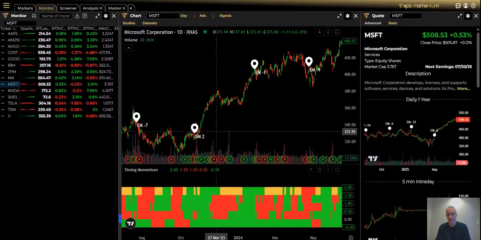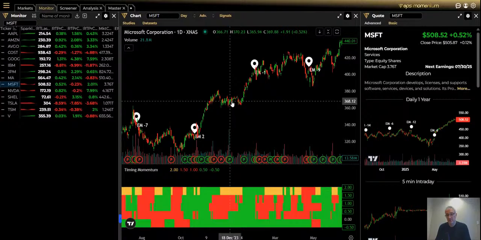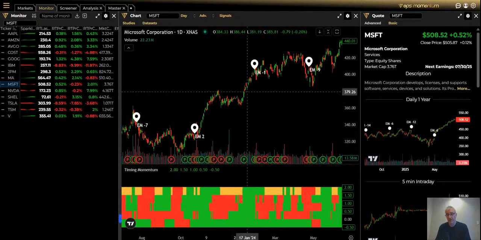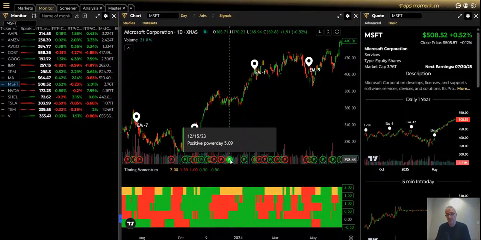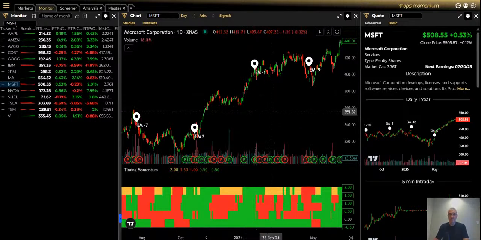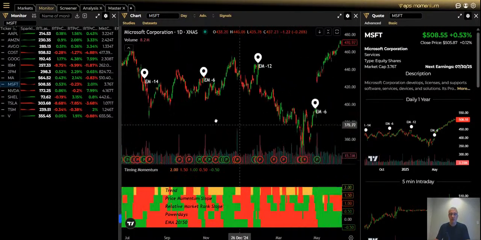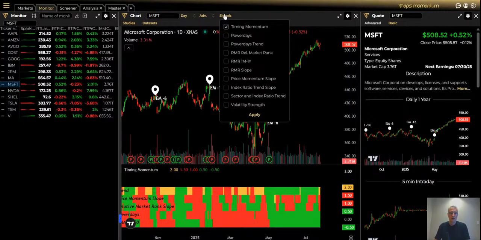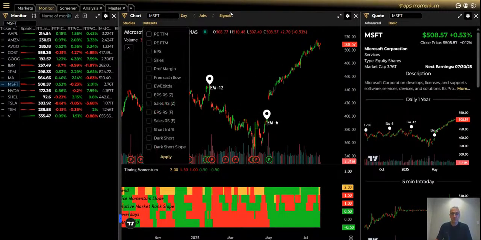Then 3 of them turn red, and it does plateau for a while, and then it rallies again where 1, 2, 3 turn green. The power days here really turning green tells you that that's the beginning of the trend, and then the trend carries on and is very, very strong. So this is how powerful these indicators are on the chart. There are many things here. We could spend an entire hour going over all these data sets and signals,